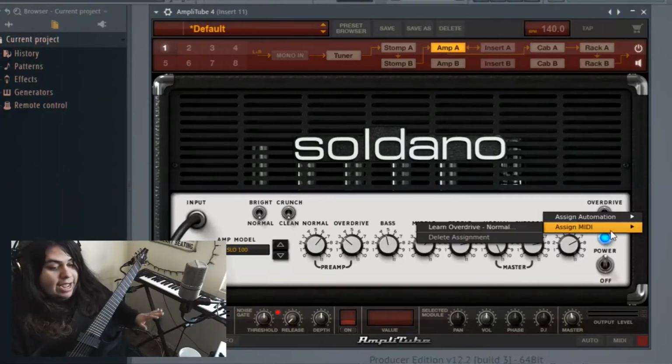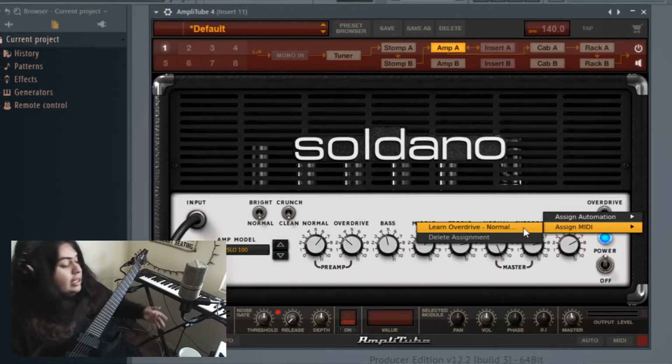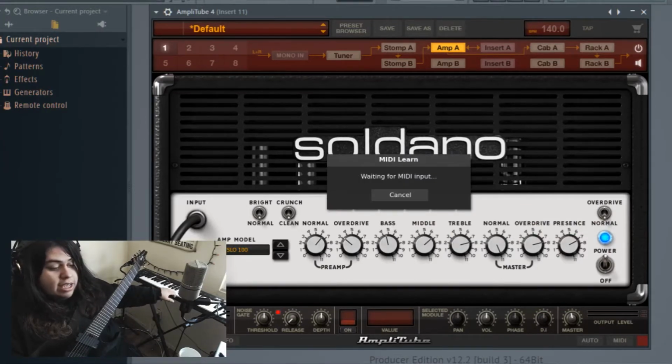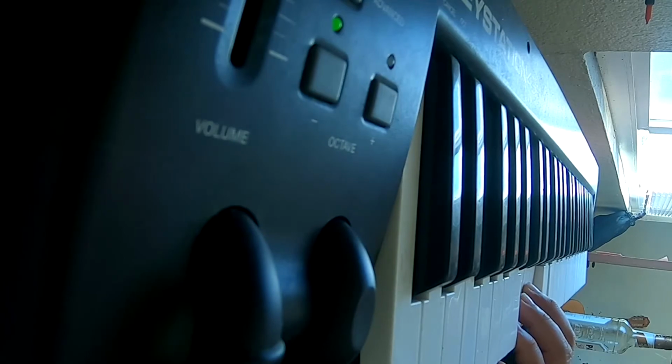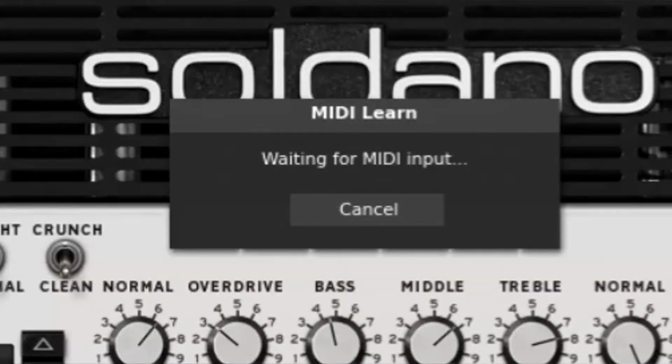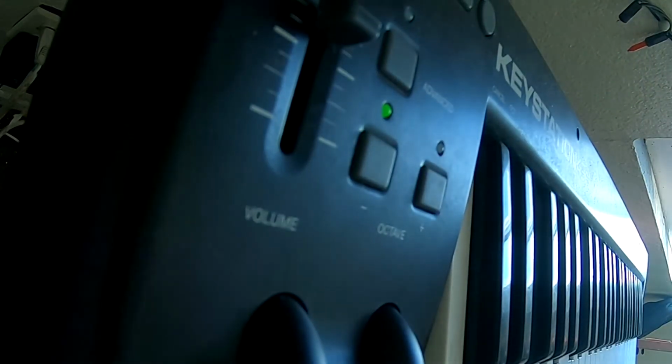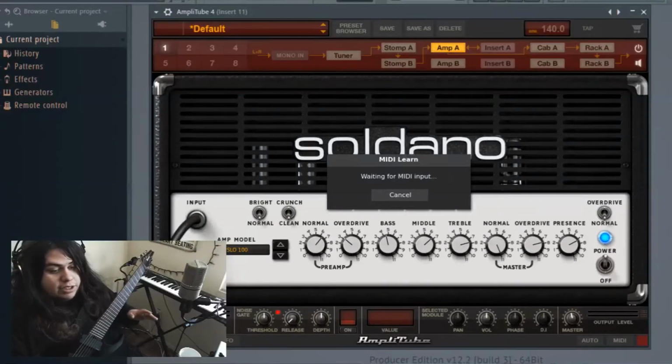Most software has an easy learn function like this, assign MIDI, and you would press a key. But for some reason, Amplitude and some software doesn't register piano keys as a hit. It would maybe detect these buttons over here, but I don't want to have to reach over there, and there's not enough buttons, and it's just inconvenient for me. I want to be able to hit the key. So in order to bypass this, I have to use